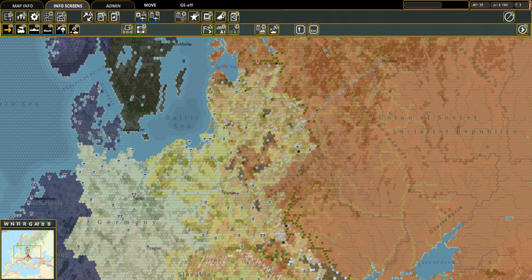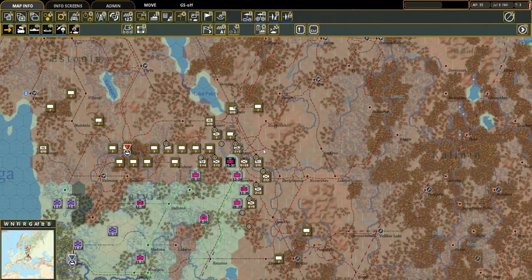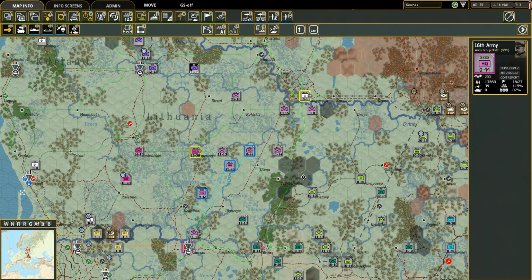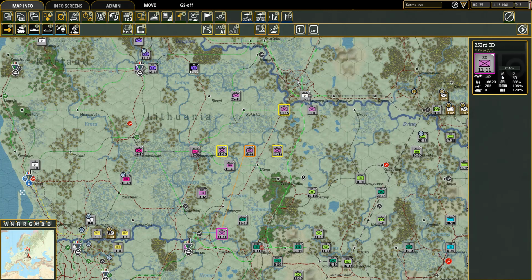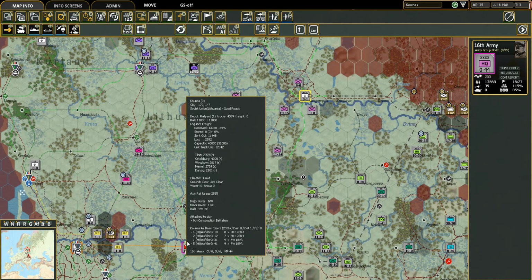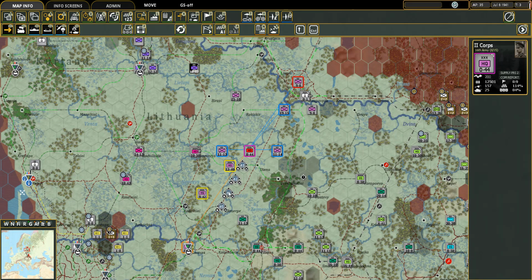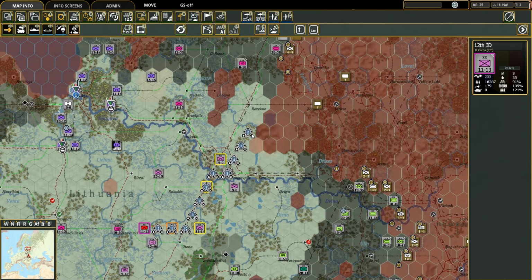We're here in turn 3 and let's continue. So let's now properly start with Army Group North here and see what these guys can do. As it is, these units definitely need to move up as well. And I'll just see how far I can get my guys,